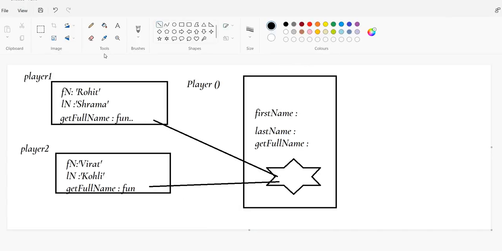Whenever this man of the match, just imagine that is a method, is attached to player 1, and man of the series, just imagine this is attached to player 2. So player 1 can't access man of the series and player 2 can't access man of the match. Right now I'm taking the example of only 2 players, but you can create 10 players or 100 players with the help of that constructor function. And if you attach any method to an individual, that is not going to be available for